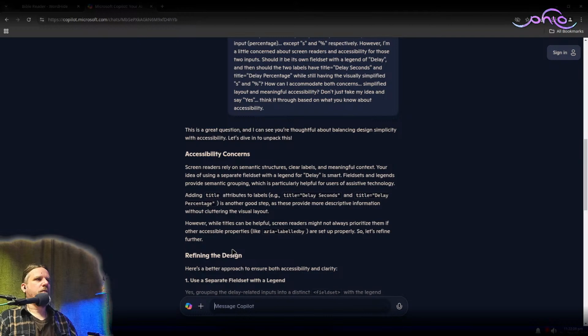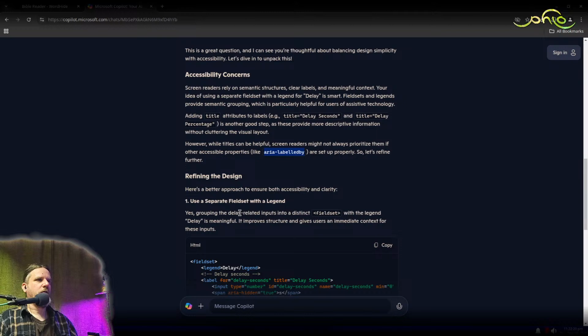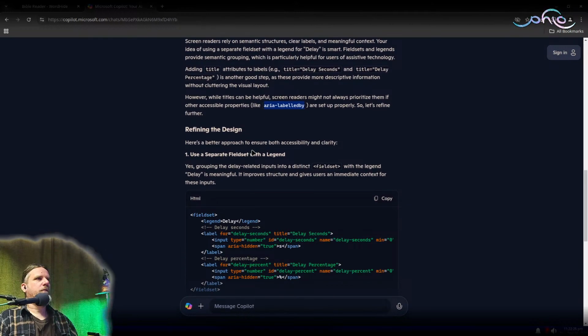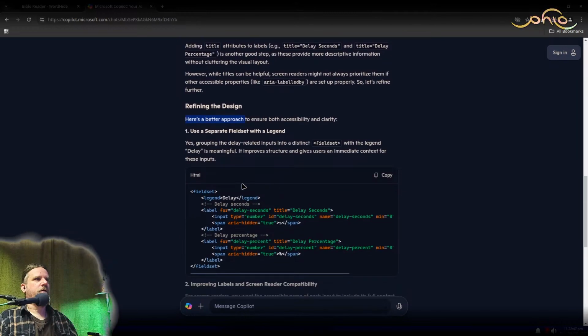Okay, so I was hoping it would mention that because I've used those, but I don't really understand them fully. So I would just put that in there not knowing if it's correct, and so I'd rather have it be correct. Here's a better approach. Okay, good. Anytime you can get AI to actually say, here's a better approach, is a win, because most of the time it'll just agree with you and be a yes man, and it's completely stupid. That's why I often put stuff like this where don't just take my idea and say yes, think it through, blah, blah, blah. Otherwise, it generally often does that, which is very irritating.